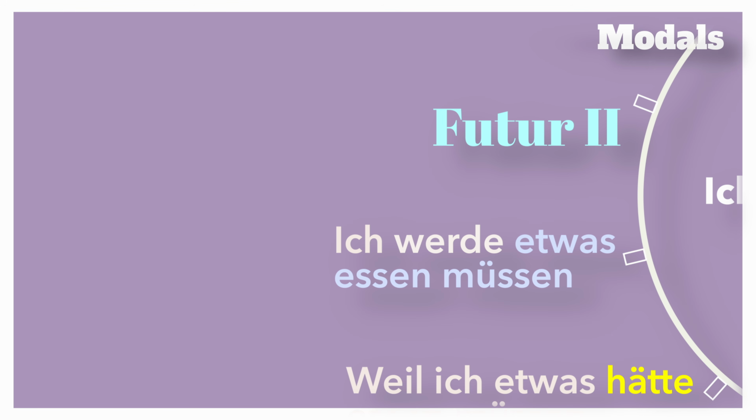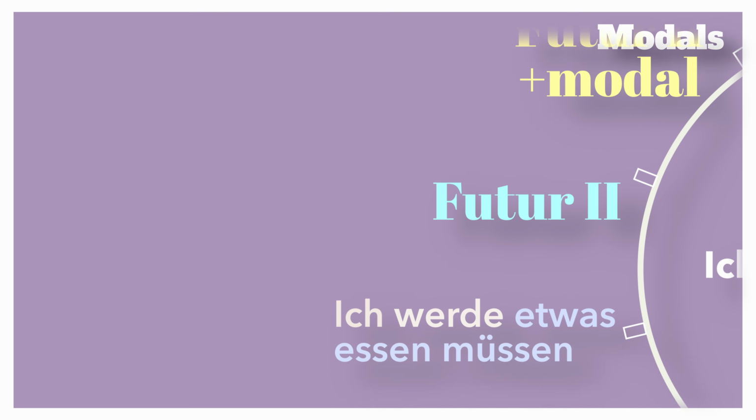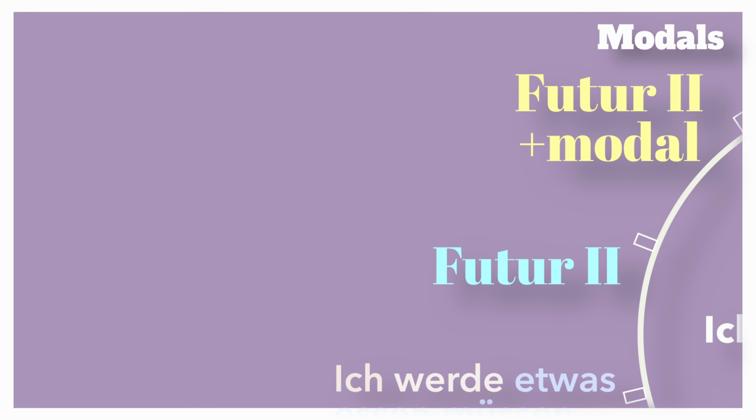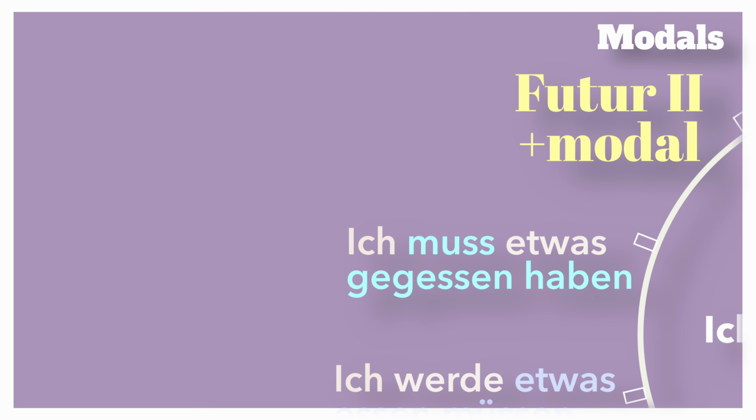Ich werde etwas essen müssen. I will have to eat something. That's easy enough to understand, but the next in line is the second future tense. Let's see if we can work out what's happening here. Ich muss etwas gegessen haben. Can you work out what we're saying here? Maybe you can't remember having eaten something, but you know you must have. The use of müssen makes this sound like a pretty high probability.